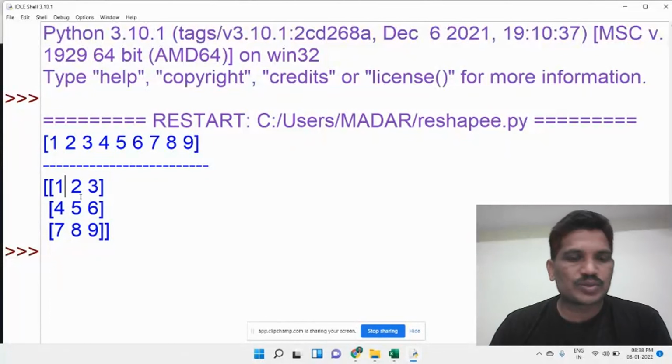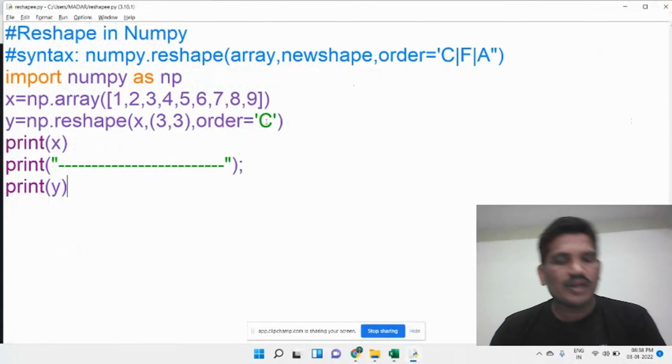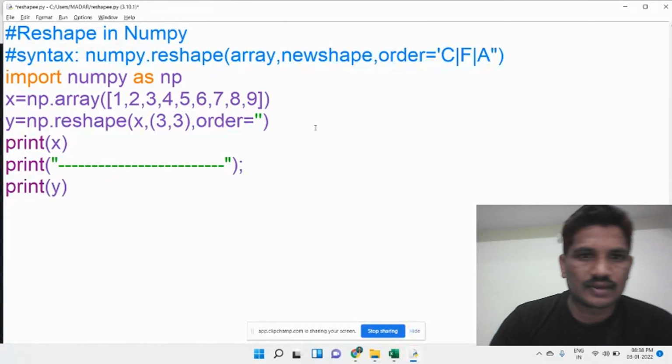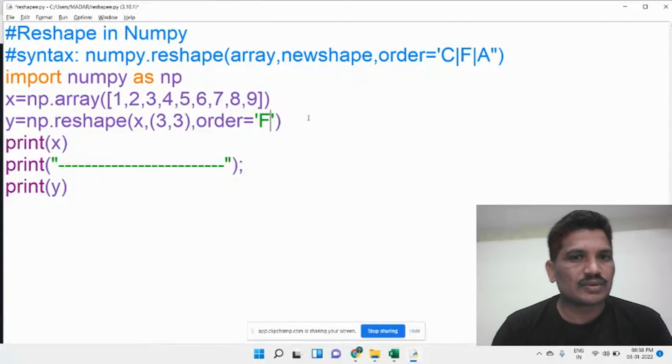Then how are the elements stored here? 1, 2, 3, 4, 5, 6, 7, 8, 9. How are the elements stored in memory? With C-like array indexing. Now I can change to Fortran-like indexing; I would like to use F. What is the change?